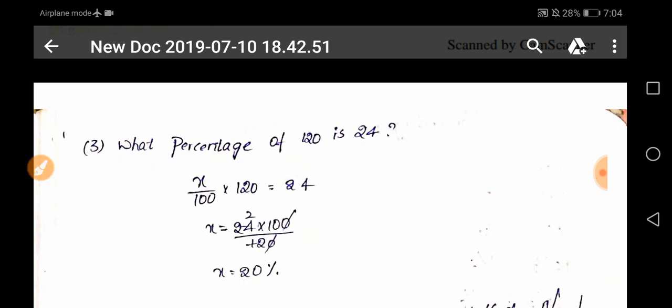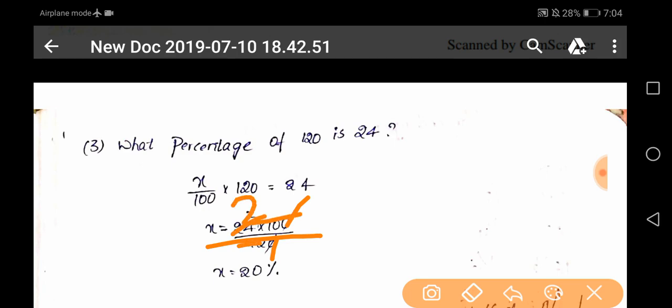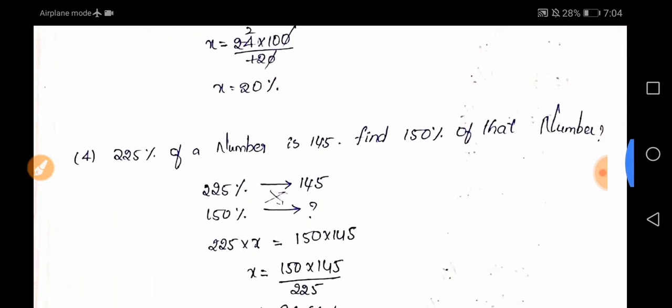So x equal to 24 into 100 by 120. So the zeros cancel, 12 ones are 12, 12 twos are 24. So how much? 20%. And the answer is 20%. And here, see,